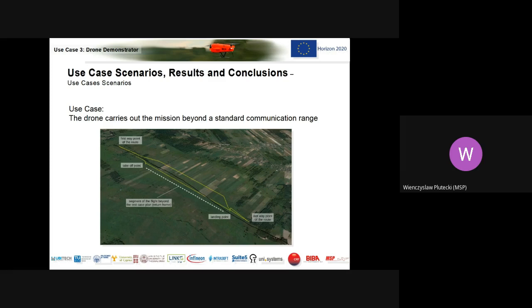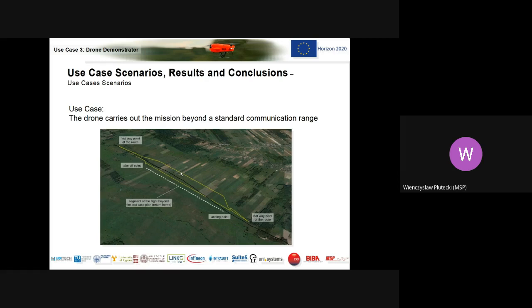The drone carries out the mission beyond the standard communication range. As you remember, currently when the drone flies, it flies to the first point of the mission, then continues the flight along the linear object. And at the moment when it is supposed that the radio link or visual line of sight will disappear, it stops the mission and returns to the starting point to land. But here in our use case,